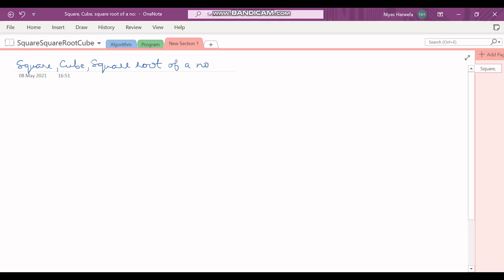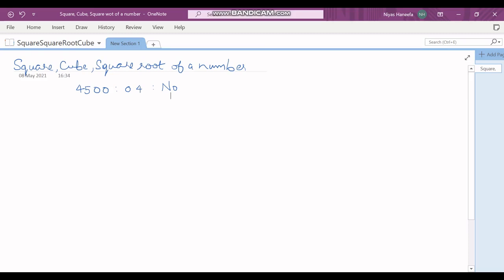As we have seen in our lab, for the time being, for the first set of programs, we are going to define the inputs in the external memory and the outputs are also going to be in the external memory. So let us define again the same location which we have used in 4500. So 04. This corresponds to our input number whose square, cube and square root we have to find out. So this is the definition of the input location for that number.